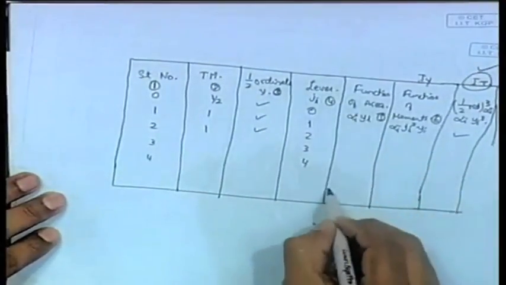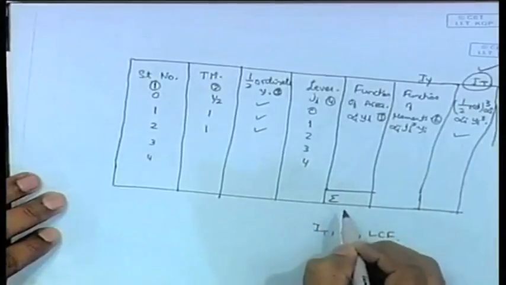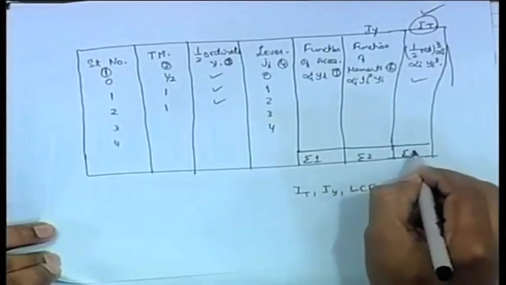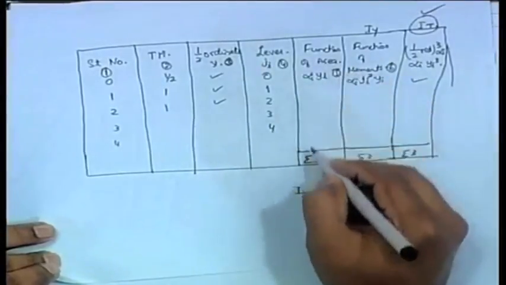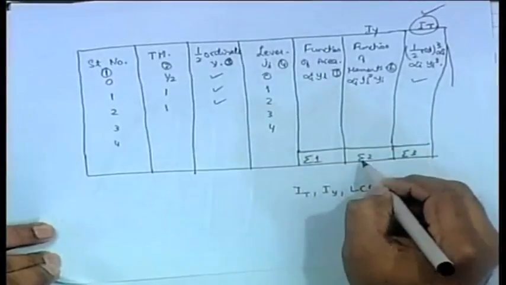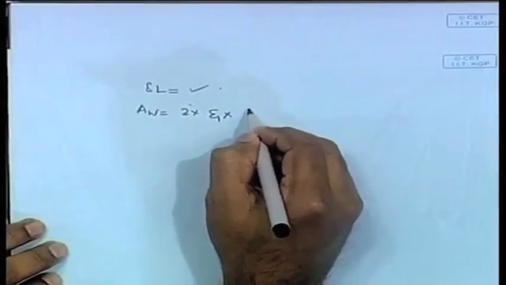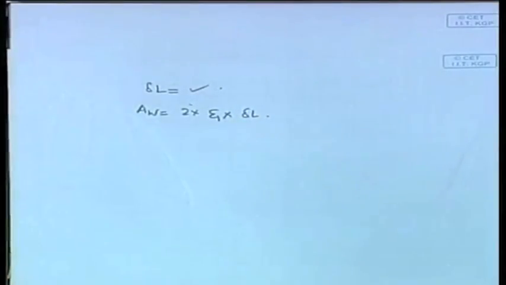in this we have alpha I yi, this summation, let us call this sigma 1, this as sigma 2, and this as sigma 3. This represents the summation of all the elements in this column. Sigma 1, sigma 2, sigma 3. So, 2 into sigma 1 into delta L. Just doing this will give you the water plane area at that particular draft,